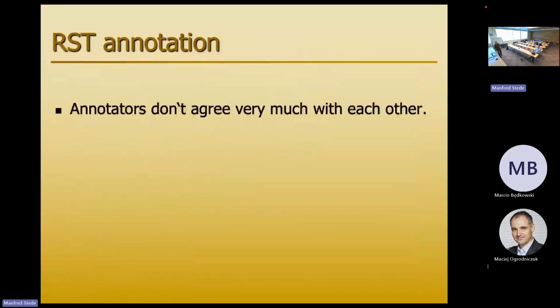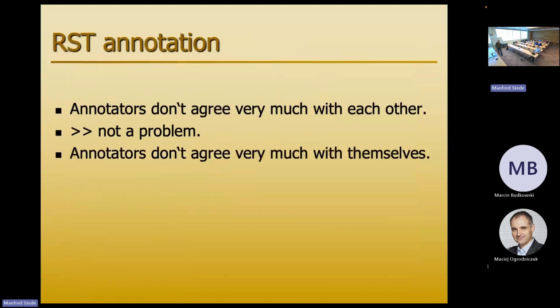Okay, so over the years we observe that annotators don't agree very much with each other. Is that bad? For many tasks, this would be bad. Named entity recognition, people don't agree whether this is a named entity or not. Not good news, right? Annotation guidelines should specify that. I think for eRST, this is not a problem per se. A bold statement, isn't it?